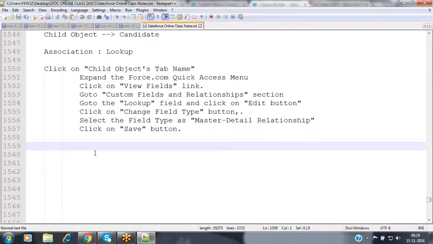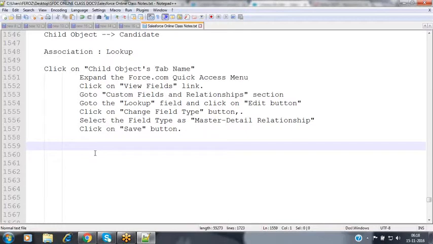Like, are we going to discuss the roll-up summary fields in the master? Yeah, we are going to discuss that also. No, because in yesterday's session recording, we said we are going to do the roll-up summary. I know you're going to do it, I just wanted to touch base. Yeah, we are going to discuss that also.